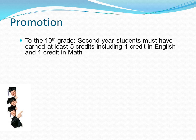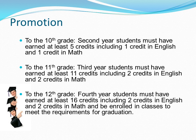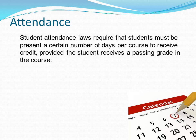To be promoted from one grade to the next in high school depends on what credits you have earned. To be promoted to the 10th grade, second-year students must have earned at least 5 credits, 1 in English and 1 in math. To go to the 11th grade, you must have 11 credits, 2 in English and 2 in math. And to get to the 12th grade, 4th-year students must have at least 16 credits, 2 in English, and